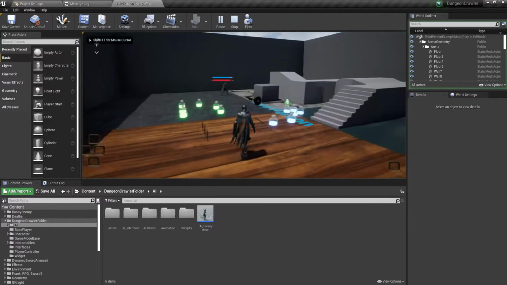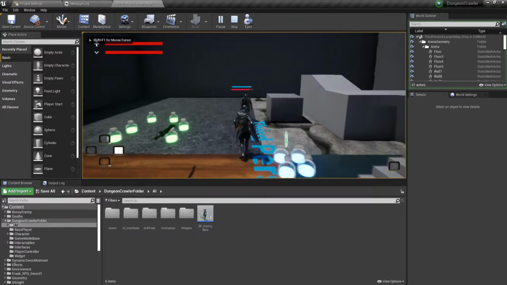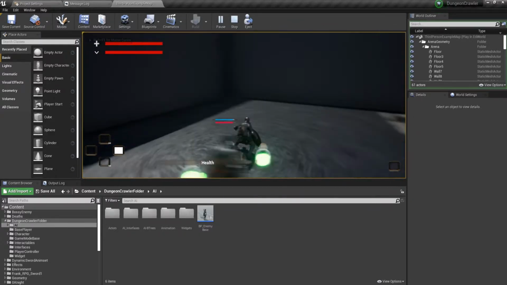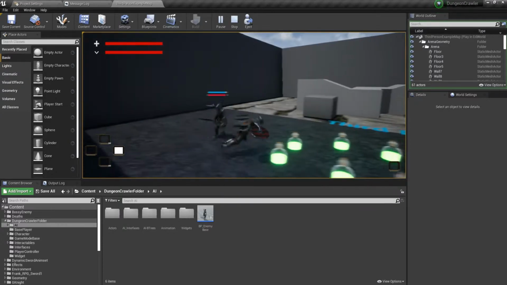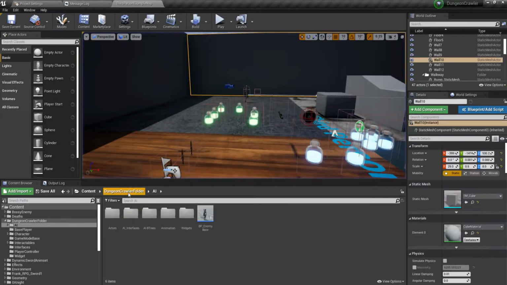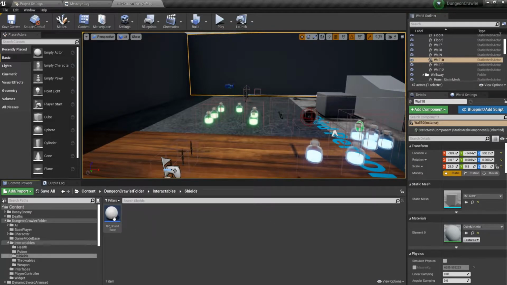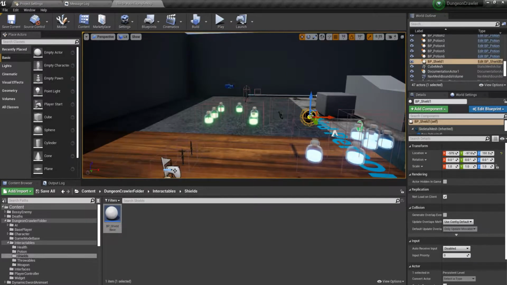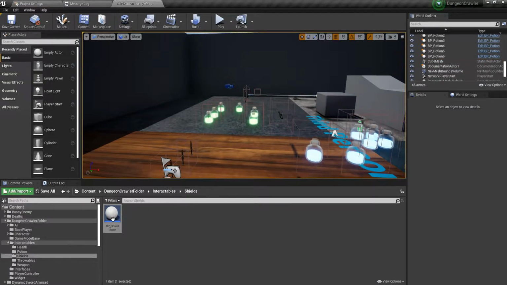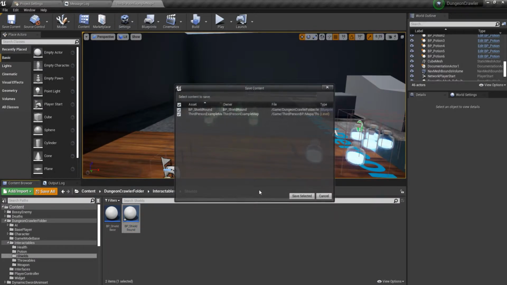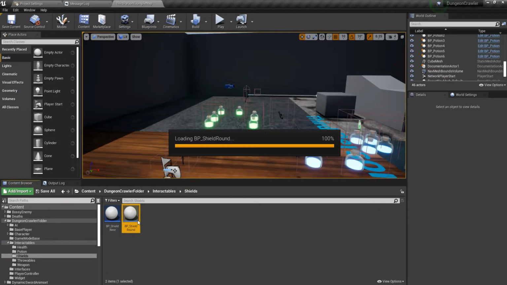In this lesson, we'll be continuing with the shield, but as you can see right now, the shield is a bit bugged. It's a problem with the base shield for some reason, so don't use this, okay? So just create a child blueprint of it. I'll call this shield round, and with this shield round,